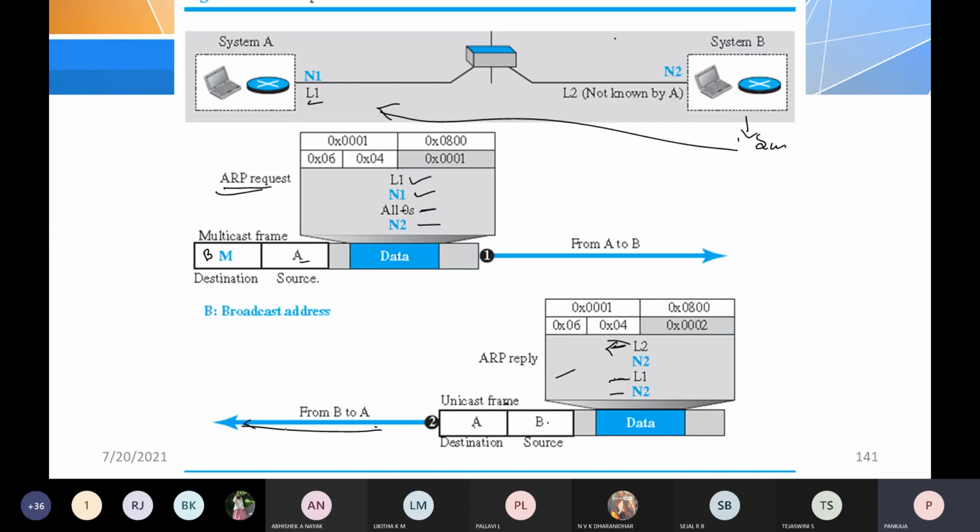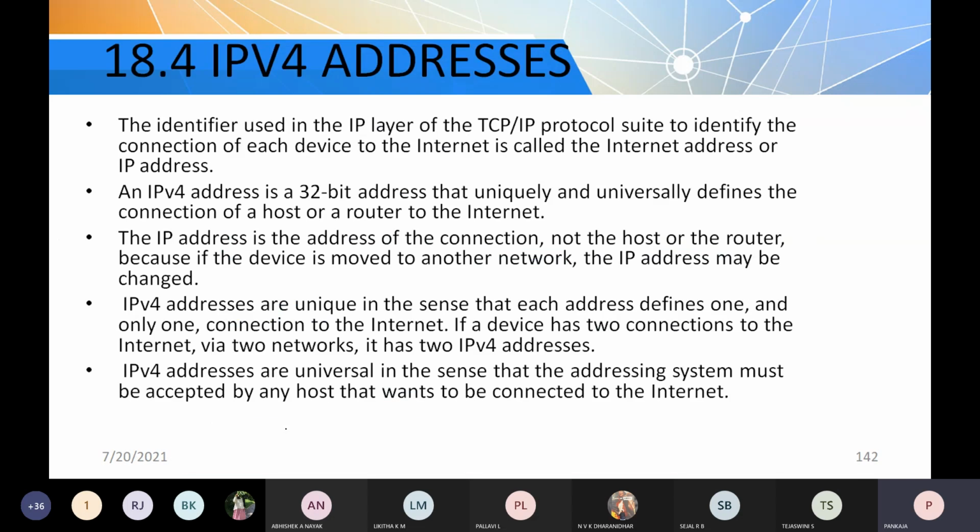So let me just quickly move on to the next topic, and tomorrow I am going to take an extra class, from 10 o'clock for maybe 1.5 hours. I'll cover topics related to the IP addressing mechanism. What is an IP address, the representation, and in case they give an IP address, what are the different types of classification, all that we are going to discuss in detail in tomorrow's class. I have already taken permission from the HOD, so I want everyone to attend tomorrow's class without fail. In case anybody is celebrating a festival tomorrow, those people can get an excuse, and the others need to attend.